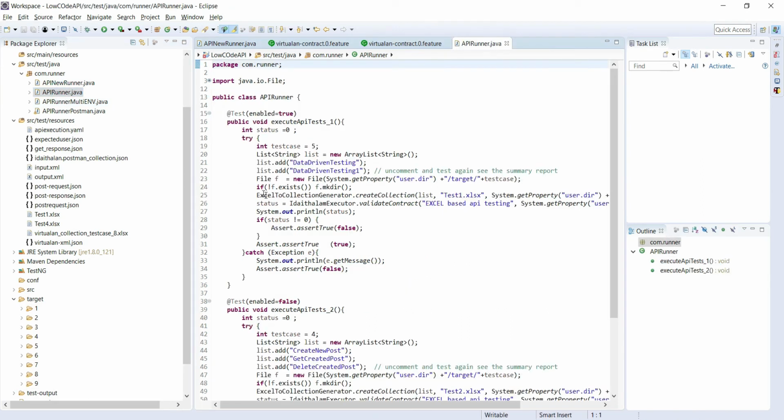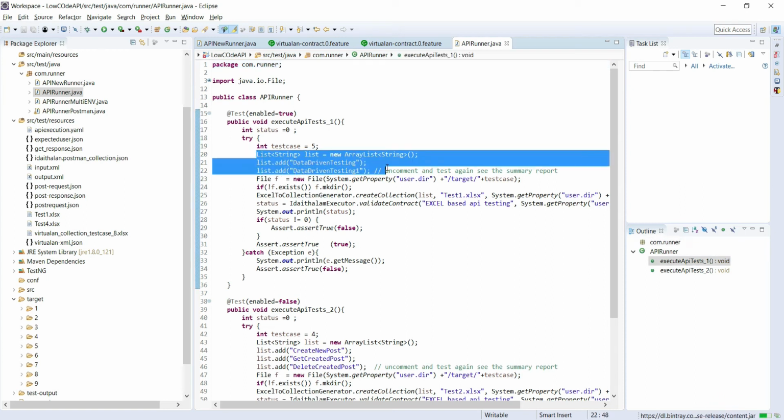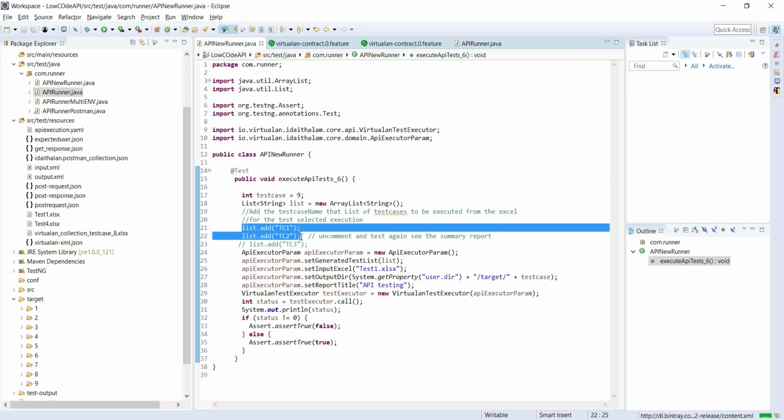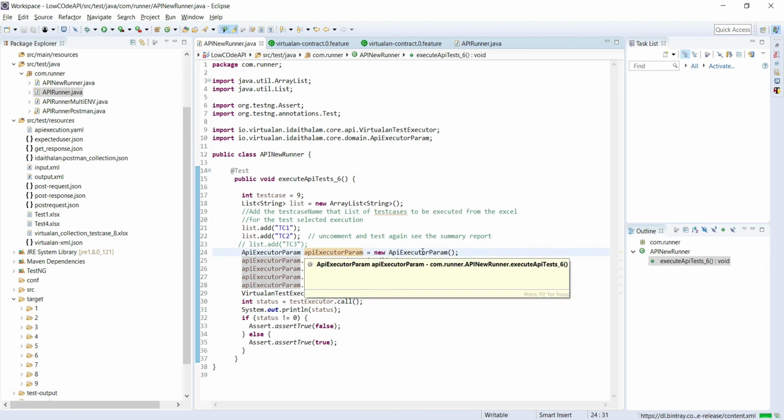You can see we are listing the test cases, then there is some method we are calling. But now in the new version they mention that you can create an array list, put the test cases you want to execute in that list, then create an object of API executor parameter.